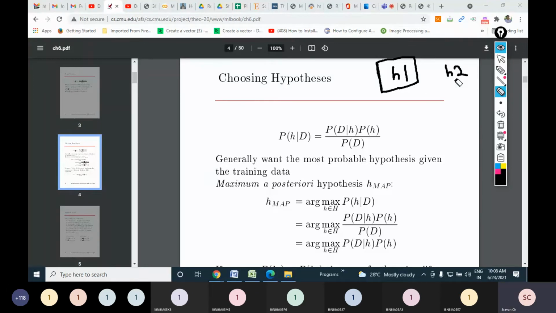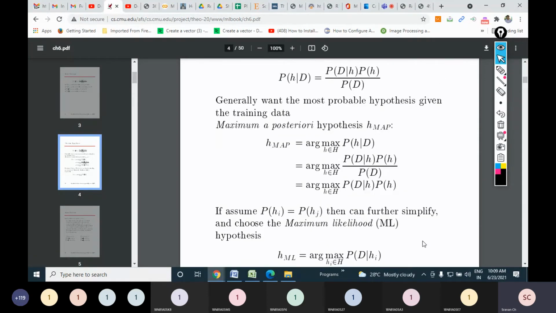But apart from that, if you want to apply Bayes theorem, using Bayes theorem also you can select any one of the hypotheses. So choosing the hypothesis is the concept. There is a word called maximum likelihood. This word you should understand. It is an important point, and this word can become a question in your exam. Maximum likelihood, ML. So how do I find maximum likelihood?